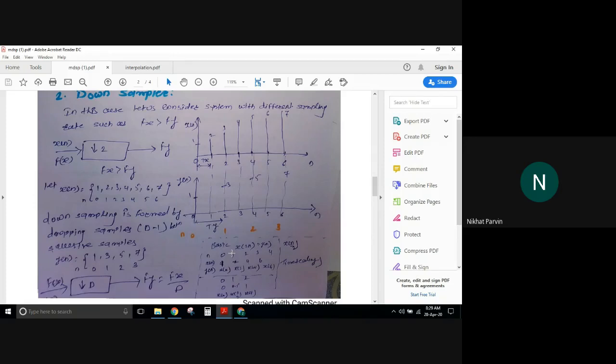But if you use decimation first, we know that in decimation you are going to discard, you are going to drop the samples. Because of that, the signals having frequency above pi by D will get rejected, and as the samples are getting rejected, the reconstruction becomes a difficult problem. Therefore, to avoid all these glitches, we use interpolation first followed by the decimation and not vice versa.